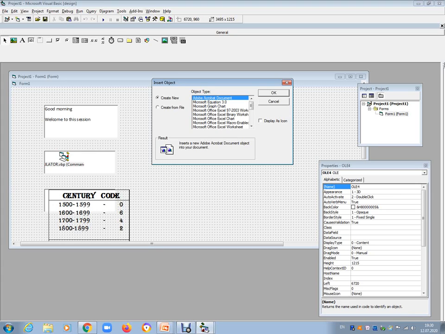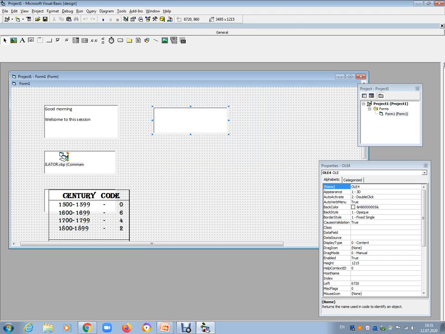Suppose you want only these two rows to be retrieved, just use the paste special dialog box. Okay, so that particular portion of the document is only copied, only embedded into your VB dialog box. Okay, so to select this, go to the Microsoft Word document.